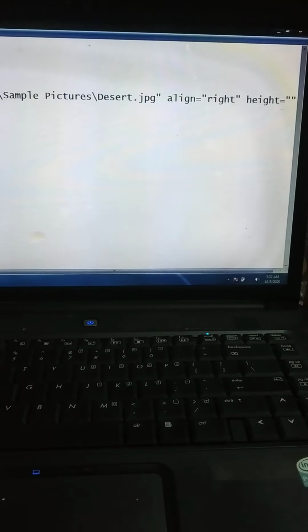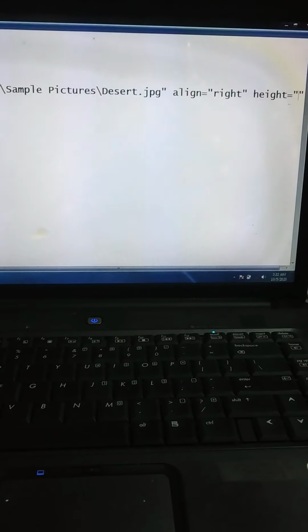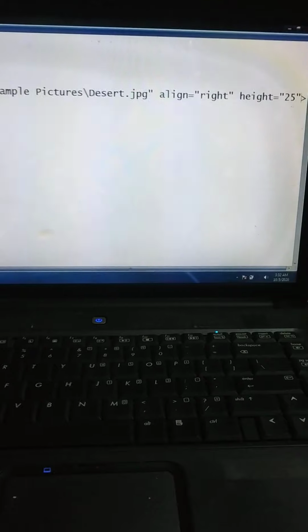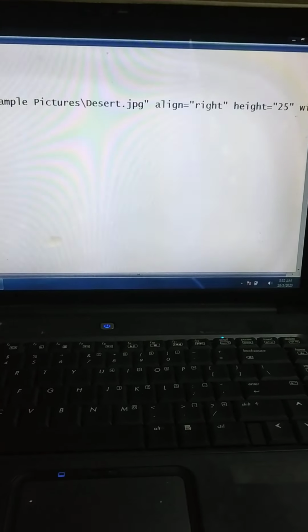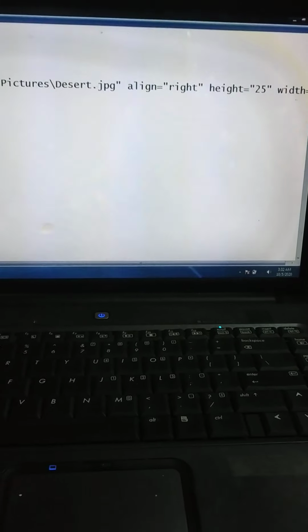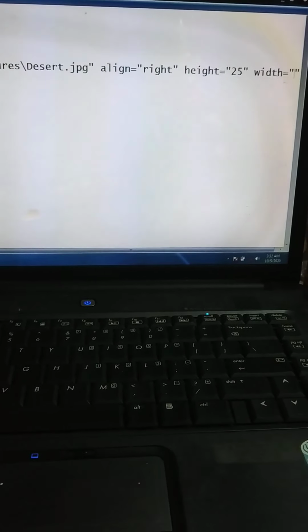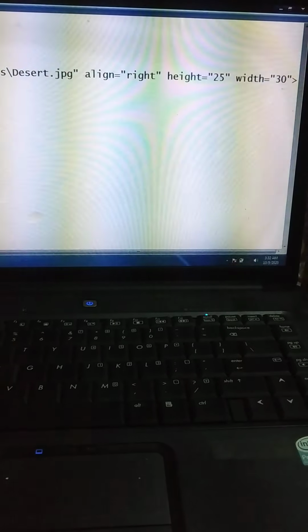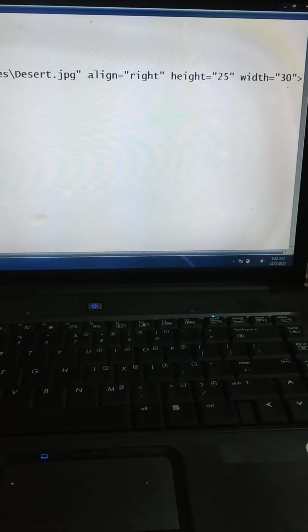Now let me give a value. Suppose I'll give 25. Okay, height is 25 and width is equal to, again within double quotes, suppose I give 30. So these are the attributes of the image tag.